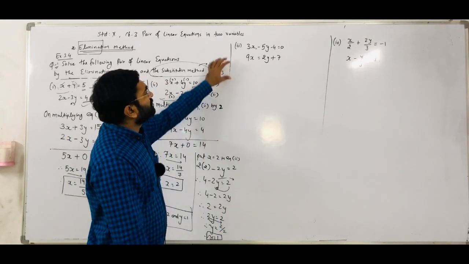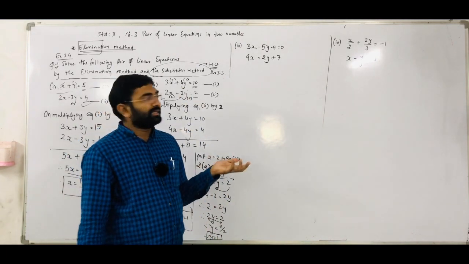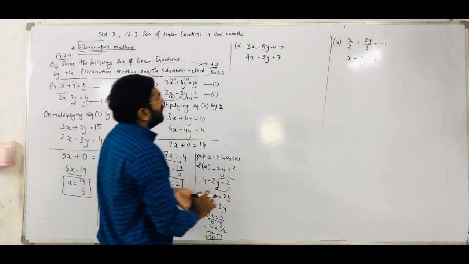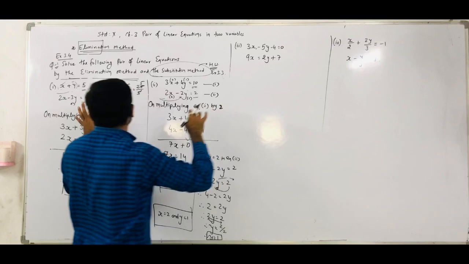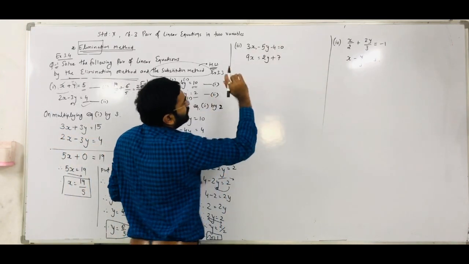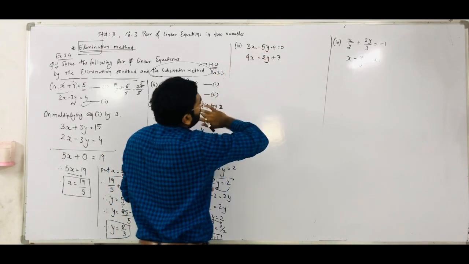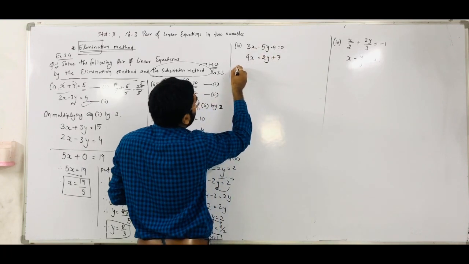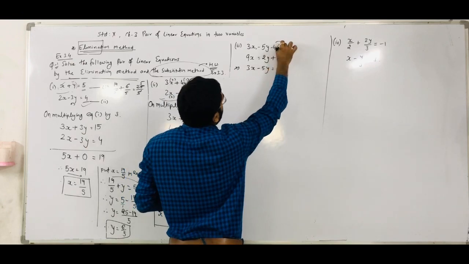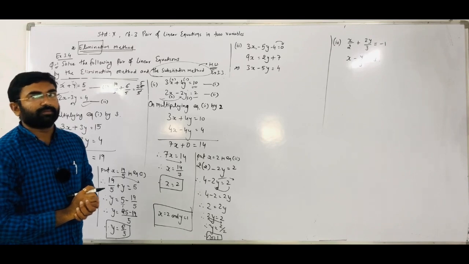Okay. Now here sometimes they give the questions not in a standard form, means the equations are not given properly. So you have to arrange your equations. Normally we define our equations like 3x plus 4y is equal to 10. That way we define. That way also you can define all terms on the left hand side of the equal to. But right now we rewrite that equation as 3x minus 5y. That minus 4 is to be taken to the right hand side, so it becomes a plus 4. Equal to the right hand side is equal to plus 4.